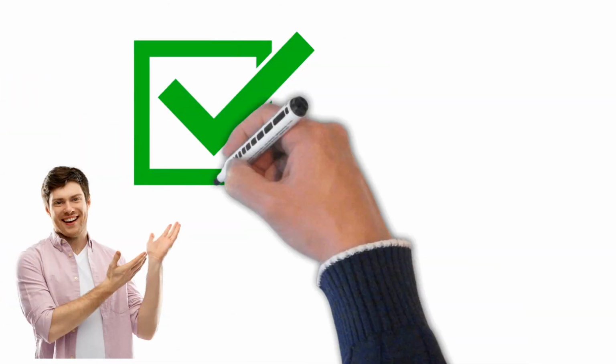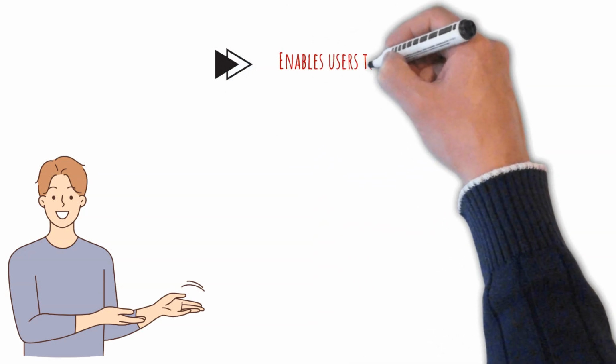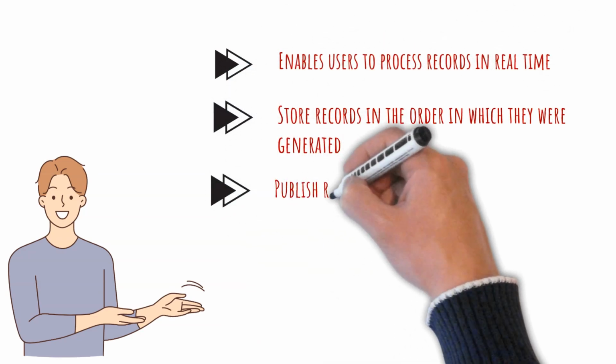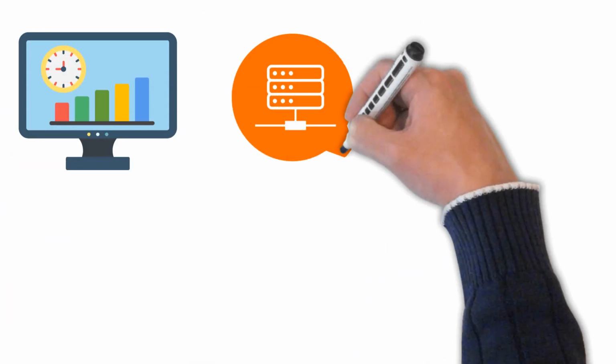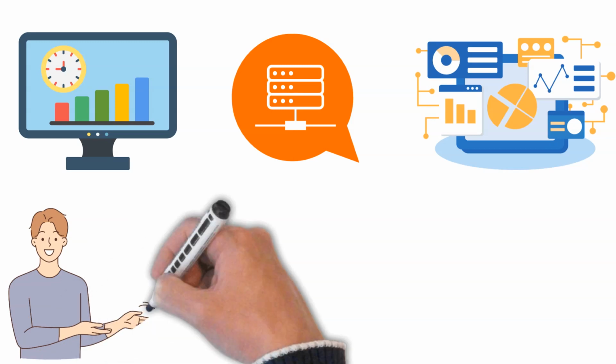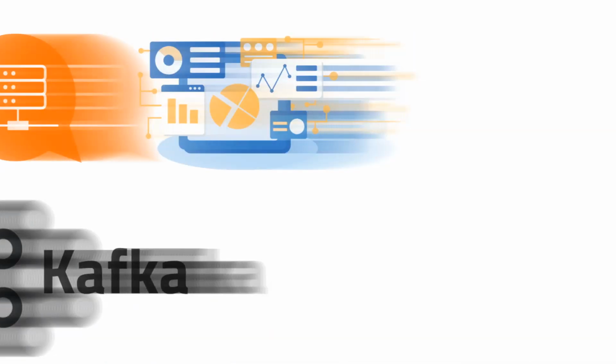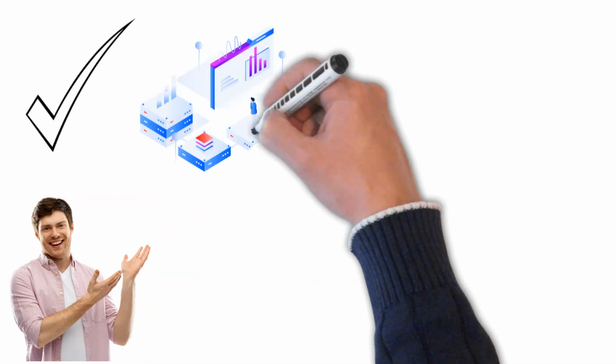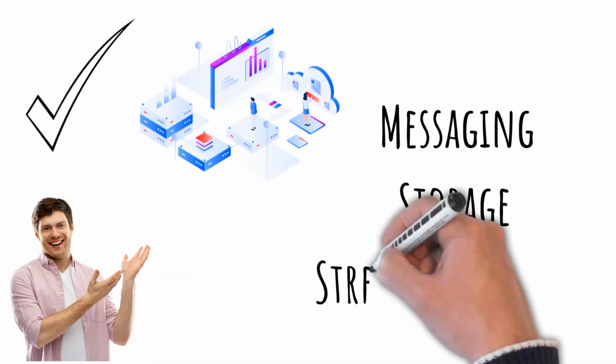Kafka can help you with that with its three main functions. It enables users to process records in real time, store records in the order in which they were generated, publish records, and subscribe to record stores. Building real-time streaming data pipelines and applications that can adjust to the data streams is the primary use case for Kafka. It allows for the storage and analysis of both historical and real-time data by combining messaging, storage, and stream